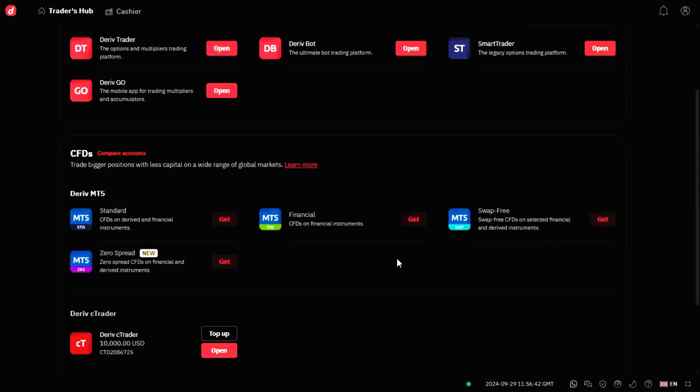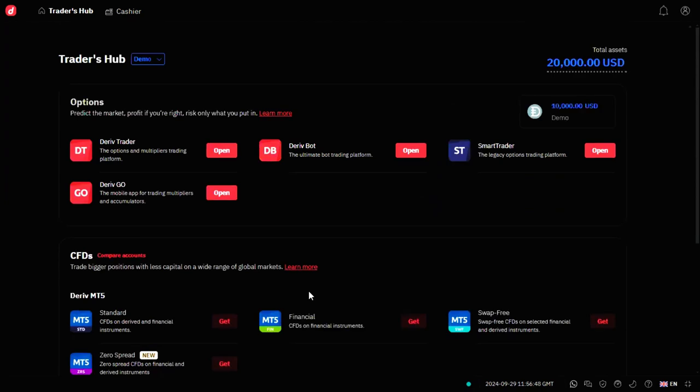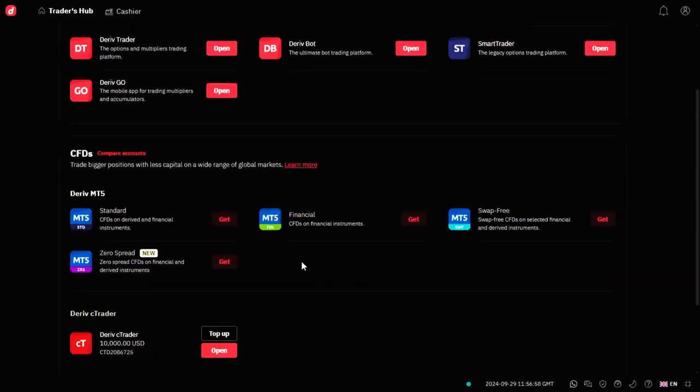So you can see I don't have a demo. I only have DERIV trader demo account. That's why we have this total balance of 20,000 USD because of the balance we also have in the DERIV trader, right? So we want to open a DERIV MT5, okay, a demo MT5. So this one, you choose a standard account, right? We have a swap free, zero spread, financial, standard. So you can create any of these because maybe you'd like to trade